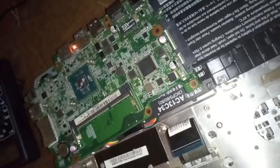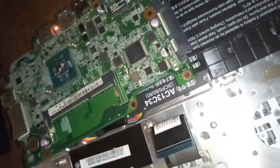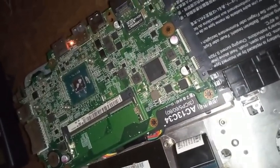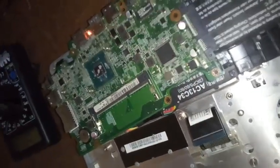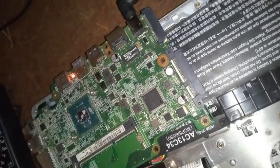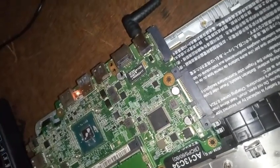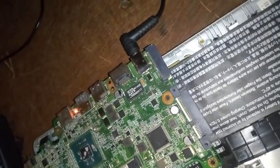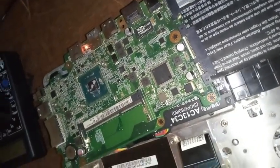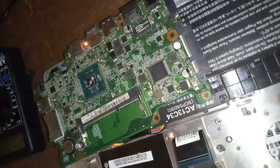Although in most cases, if you want to perfectly troubleshoot a motherboard of any system as a professional, the best thing you do is to have the schematic diagram, which some people call the circuit diagram. This will guide you to know the right voltage that is passing through each of the electronics. I mean electronics like your capacitor, your diode, your transistor, your IC, your fuse, and the likes. But in this